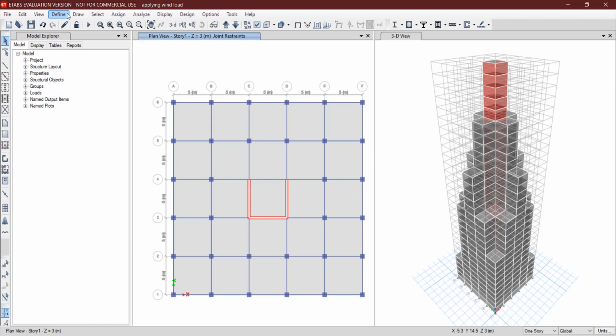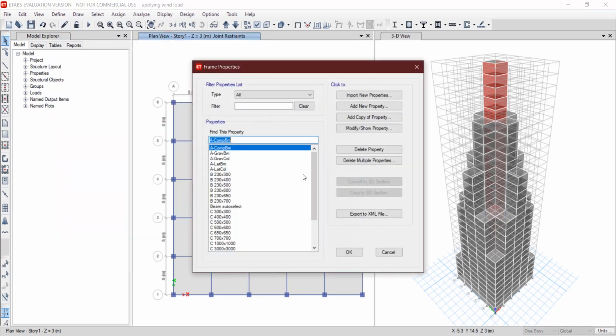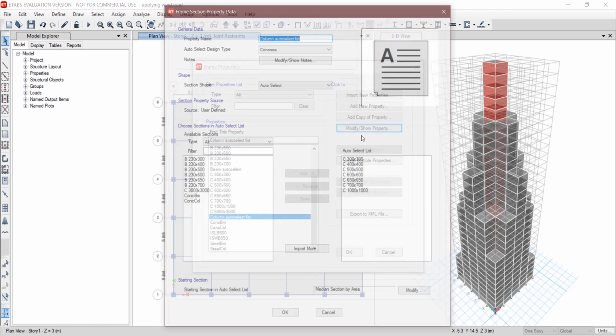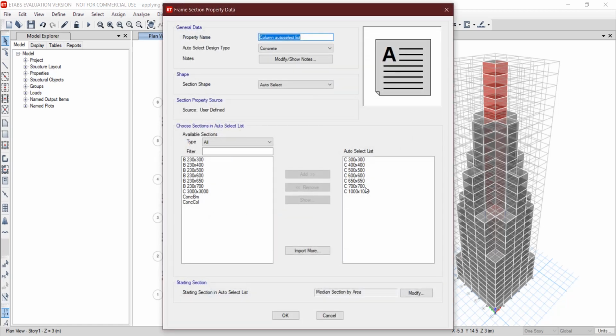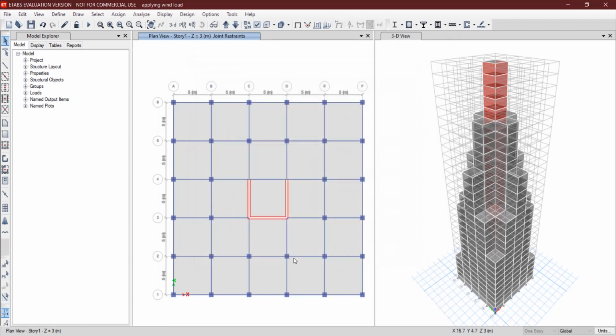So just to see what happens after adding shear wall, I will go to define section properties frame section. In column auto select list I will modify it. Here column 1000 by 1000 is also selected. I will remove it from there and click on OK, and again I will click on OK,